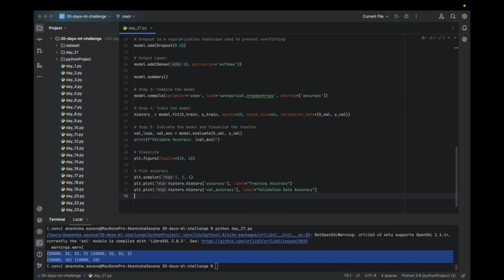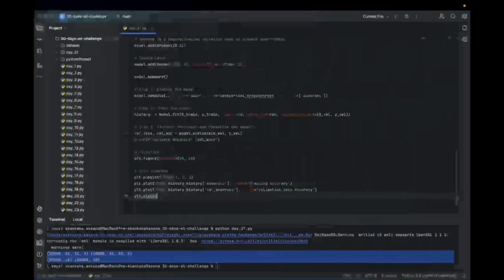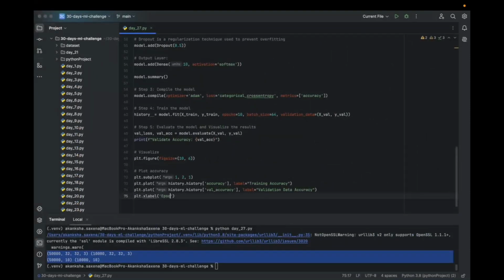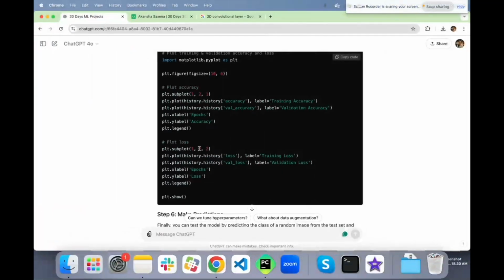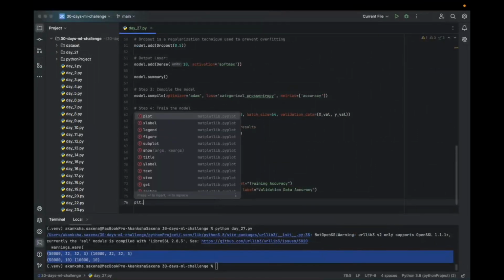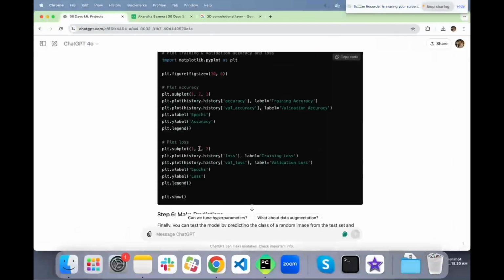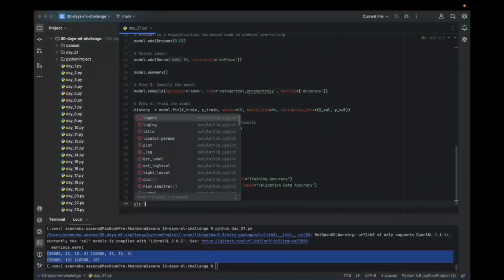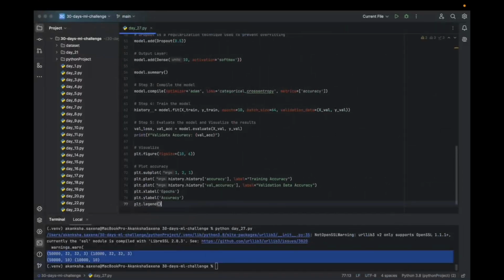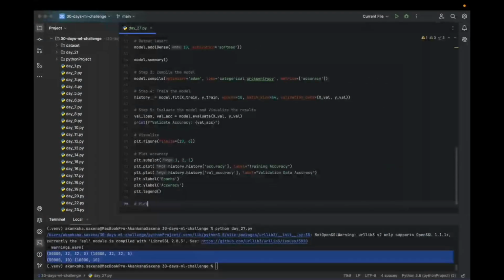accuracy. The x label is going to be epochs. The y label is going to be the accuracy, and then we will use legend to see which line represents what, otherwise you'll get confused. Then we will plot loss. I'll copy it,